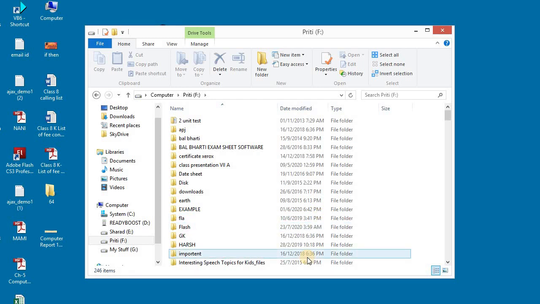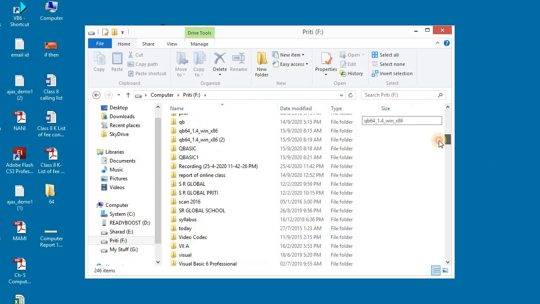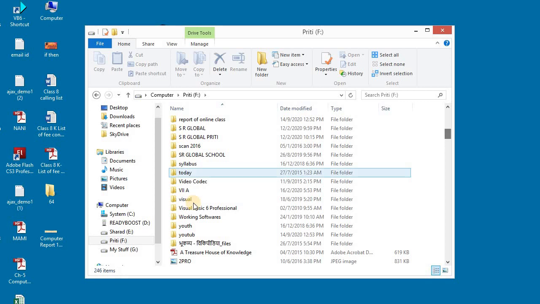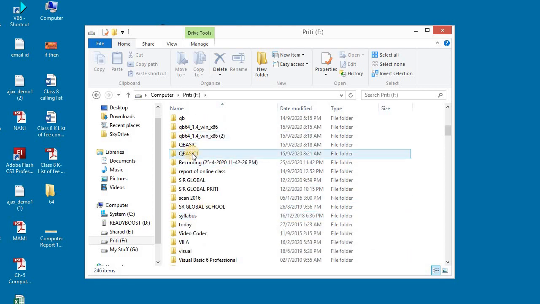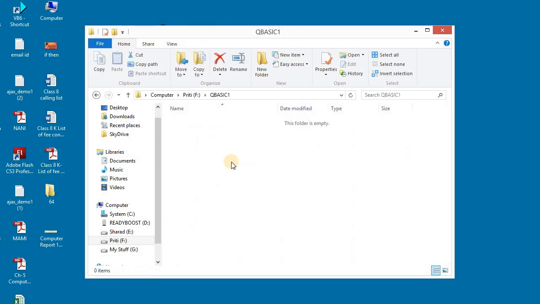Now we will open that QBasic folder. Double click on it. Here you will see another folder, QB64. We will double click on it to open this folder.